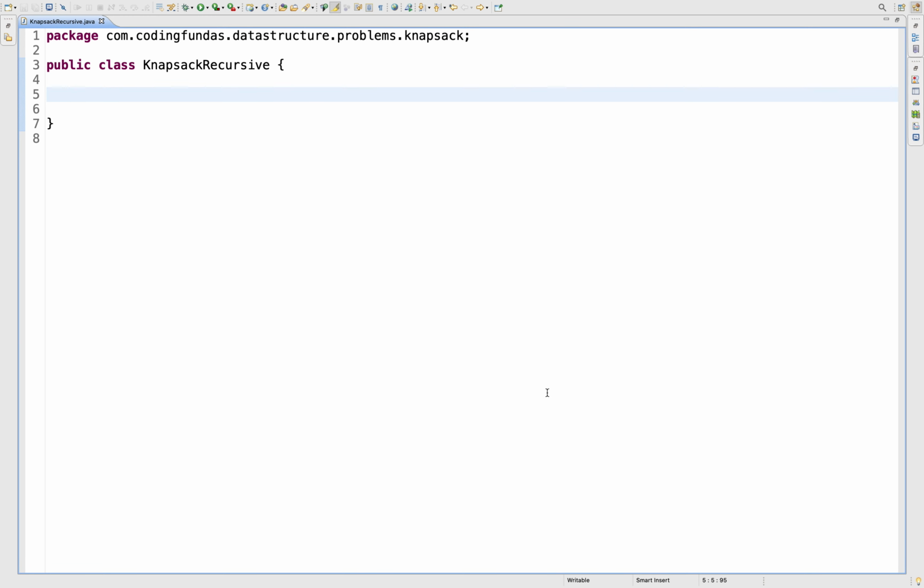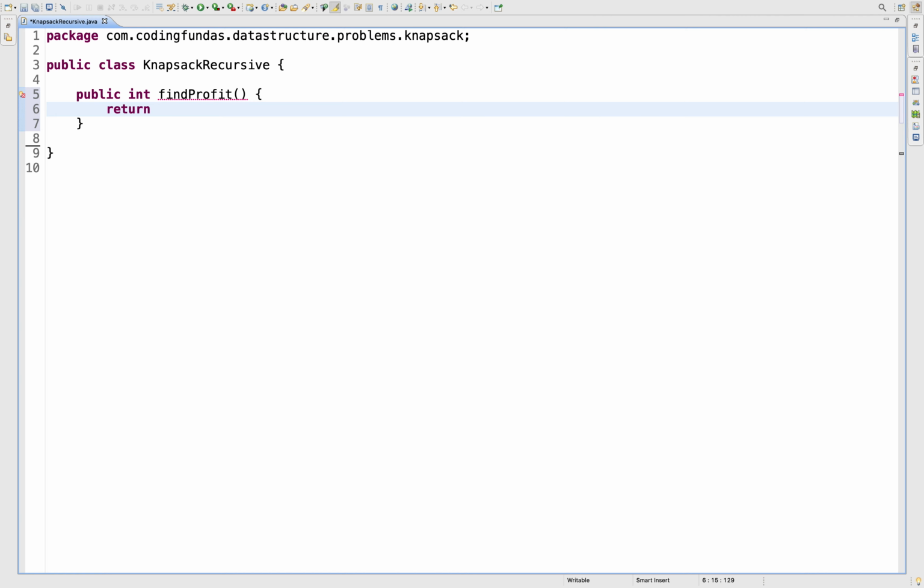Now we will write the recursive solution of this knapsack problem. First of all, we'll write a function like find profit. It will return an integer, and for now I am returning, for example, 0, just to remove the compilation error.